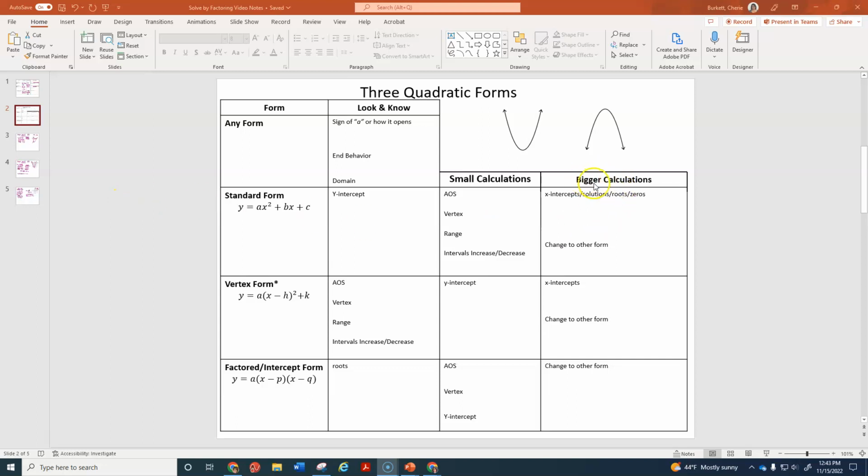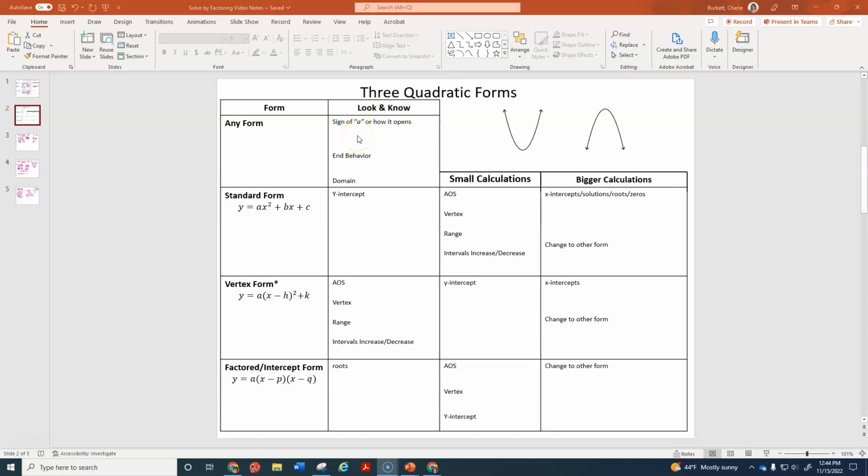So we're going to be looking at some of the bigger calculations that are necessary with some of these forms, like the standard form, in order to find some of the missing pieces of information. So our notes will be focused on these bigger calculations, but before we get started on that, I want you